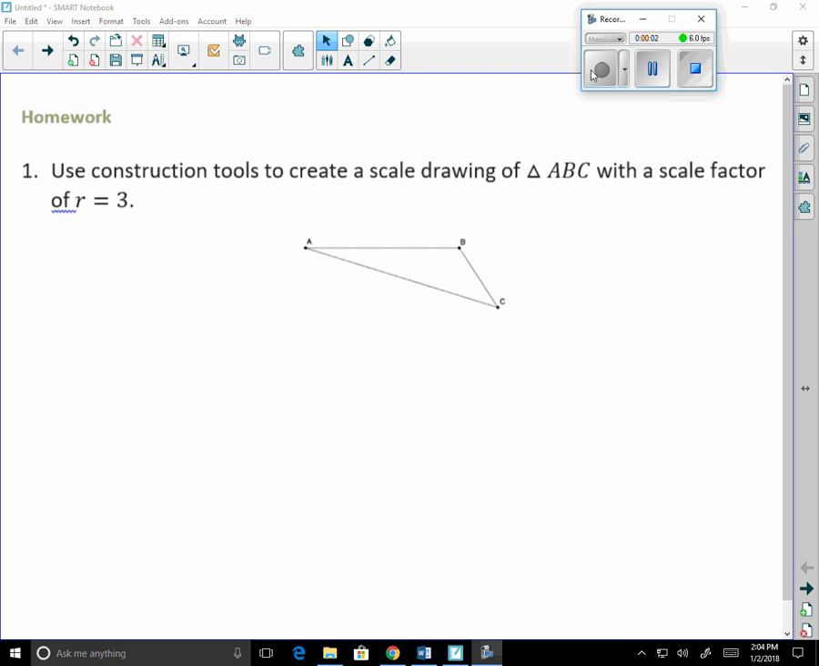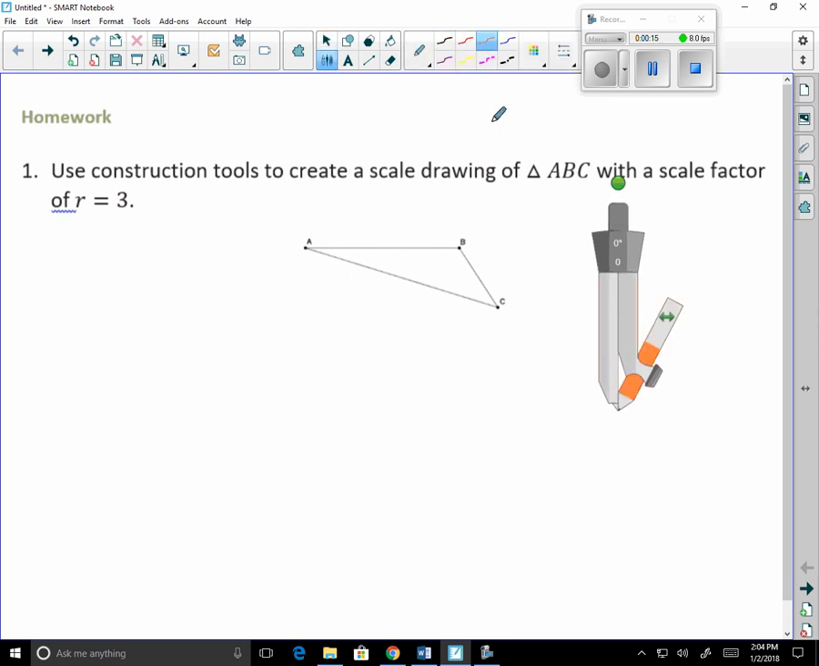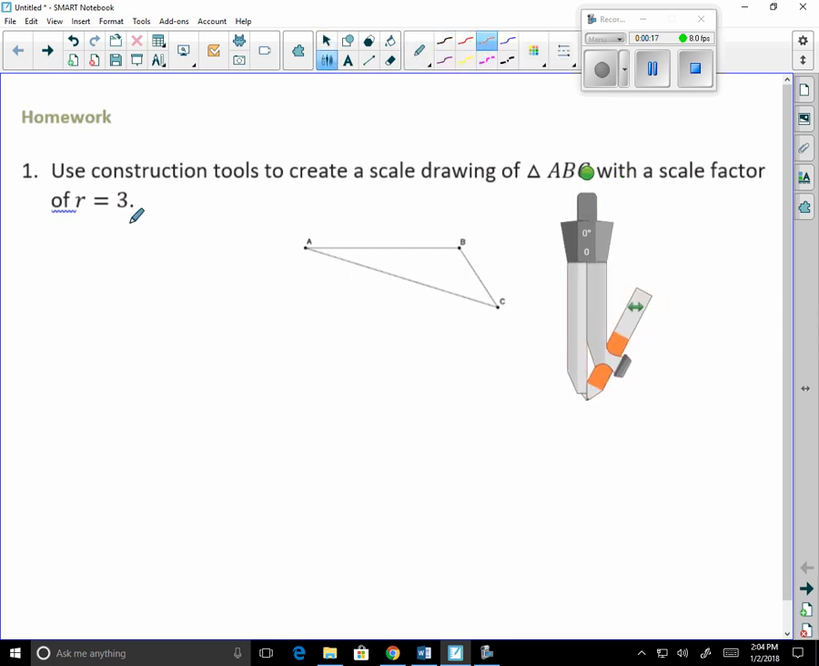Alright, welcome to the video for the first lesson of unit number 4 on similarity, and in this first lesson in particular, we're talking about scale drawings. So hopefully you have a compass at home. To do these scale drawings, we're going to use what we know about